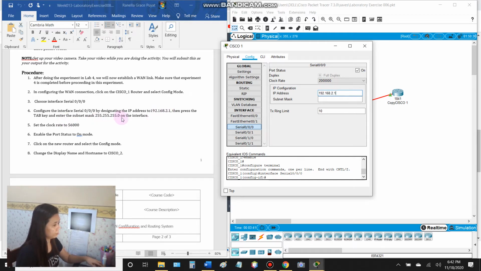Then the subnet mask 255.255.255.0. Enable the port status. Click the